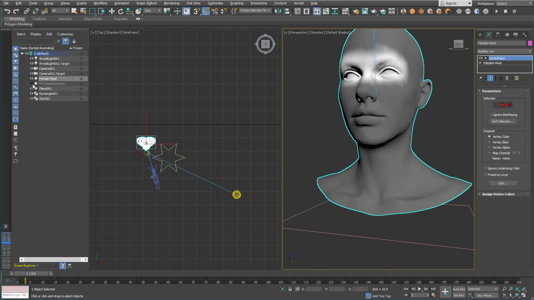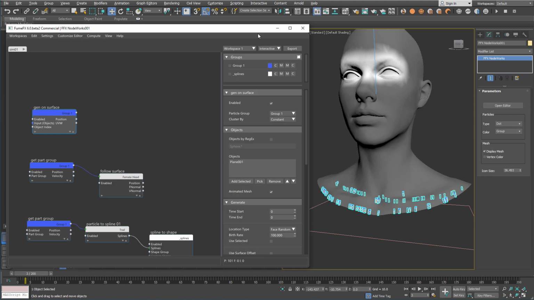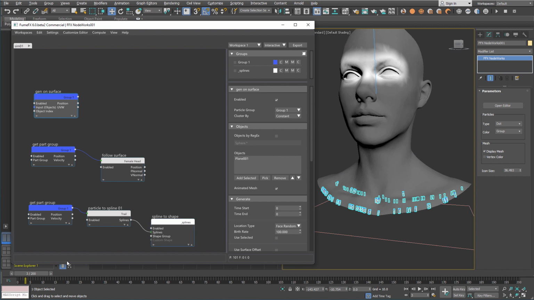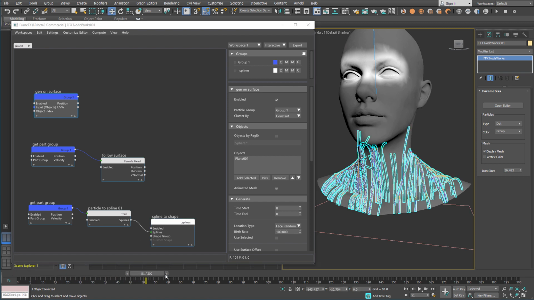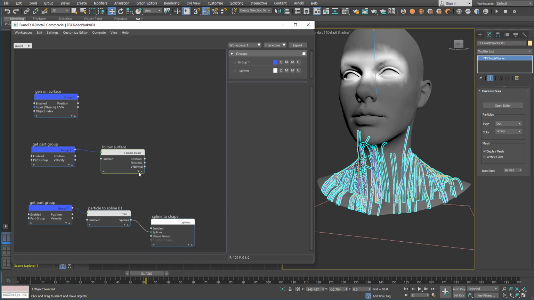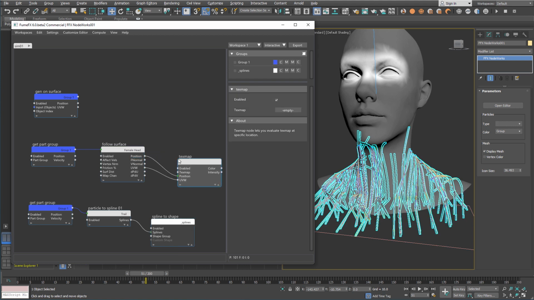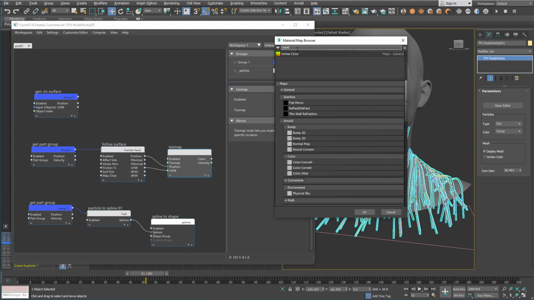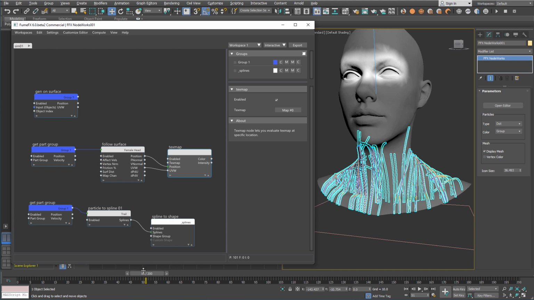we can enable back our nodeworks and do some tweakings here. So as you can see, follow surface already has some UV and position coordinates. There's a position on the object and UV coordinates that we're gonna use for the text map node. It automatically connects UV coordinates, and we're going to use vertex color text map to retrieve vertex colors from the mesh that we